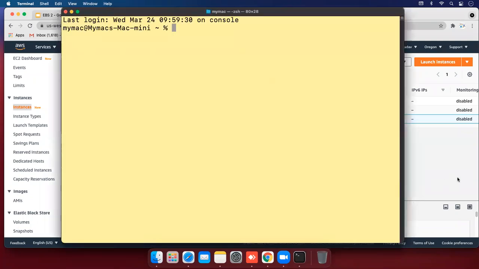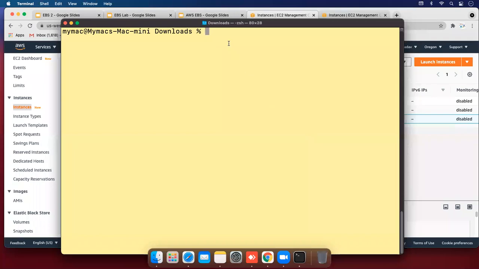Let's connect to our instance with this command: ssh -i, and the PEM file name is EBS volume, and the username of the machine is ec2-user@public IP.